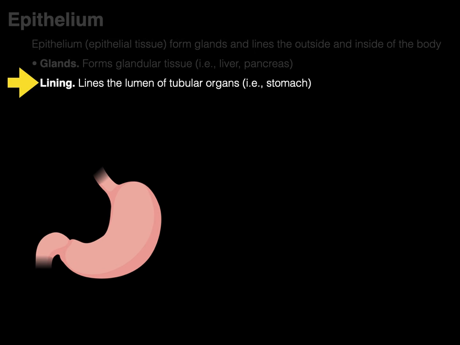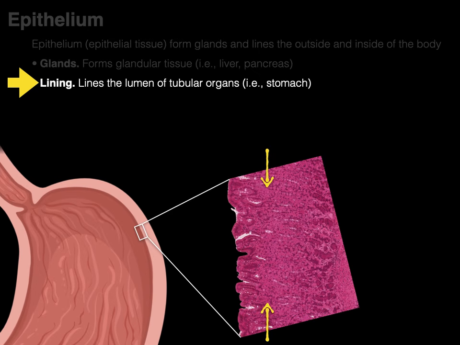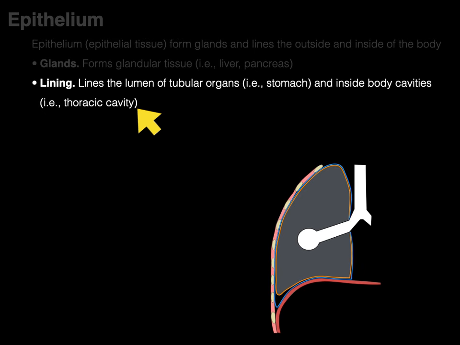It lines the inside of the body like the lumen of tubular organs. So there's our stomach. We take a section. We're going to blow up and take a little square. All of those cells are epithelial cells that form the inside lining of the stomach and other tubular organs in the body, and also lines the outside